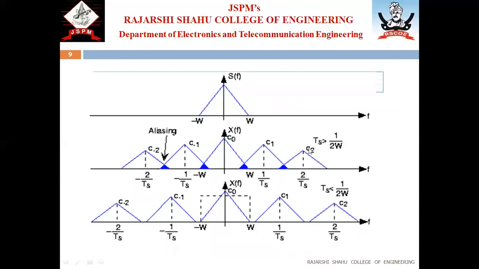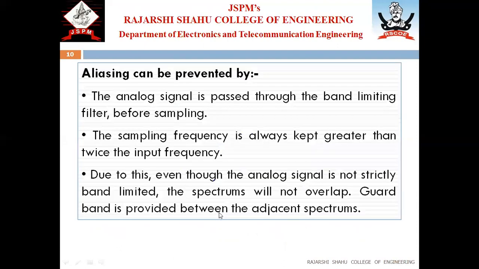Since the Nyquist criteria is not satisfied in figure number 2, we can observe the overlapping of adjacent spectrums, and that is called aliasing. But in the third case, when the sampling frequency is selected properly as per the Nyquist criteria, the spectrums are separated with some gap and there will not be any aliasing effect.